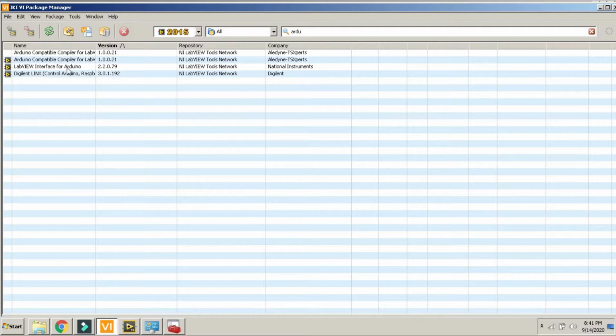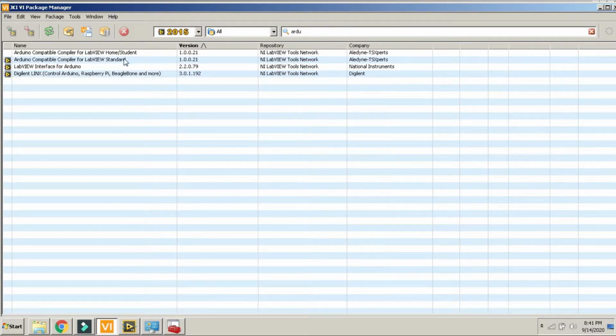Here are my 4 toolboxes related to interfacing. First one is Arduino Compatible Compiler for LabVIEW Home and Student. This is the standard version. This is LIFA, LabVIEW Interface for Arduino, and this is LINX, Digilent for Arduino, Raspberry Pi.